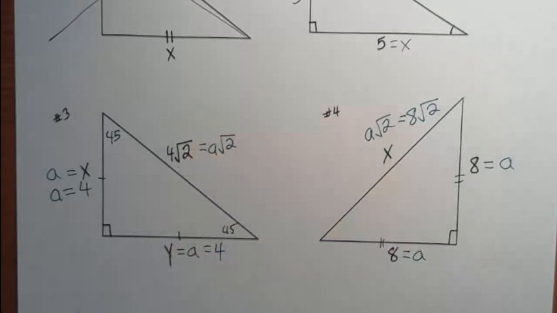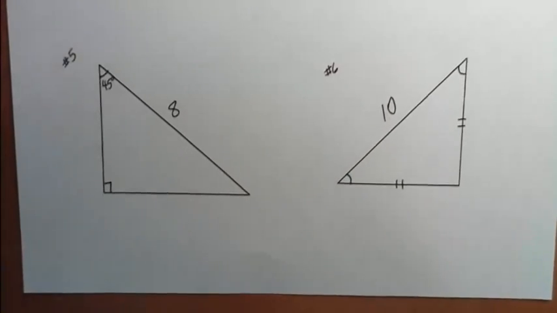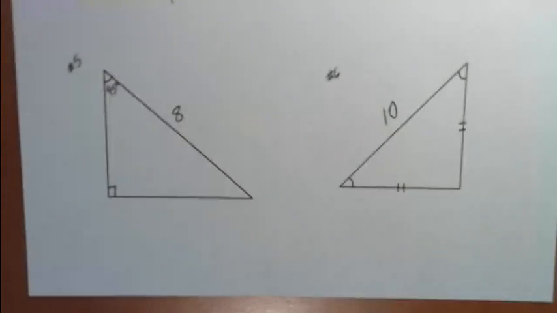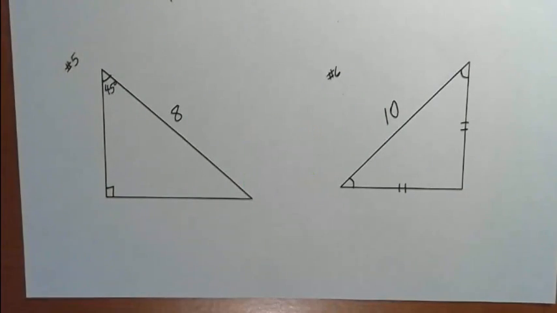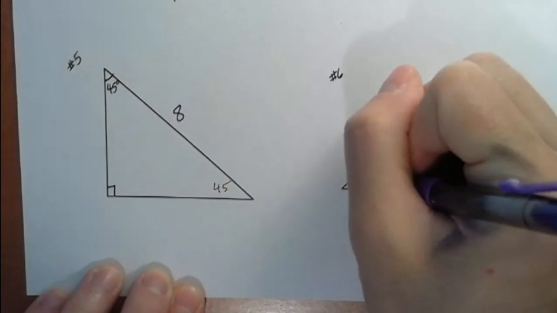So level 1 is really straightforward. You really have just two sides that are the same. The hypotenuse is always that same number times the square root of 2. It's a pretty straightforward pattern to follow along with. What will become a little bit harder is if we have problems like 5 and 6 right here, where you can see that if we write in our pattern and our angles on both of these,